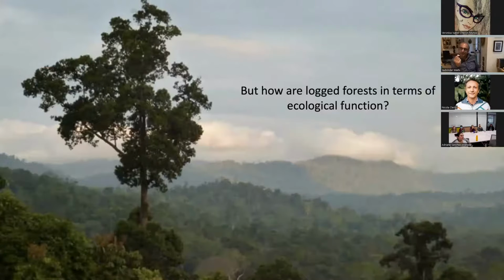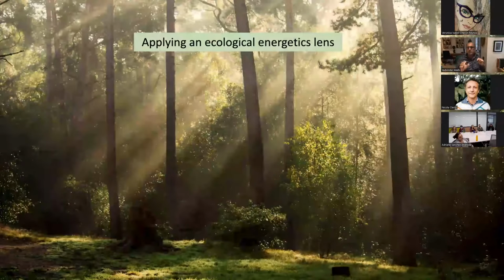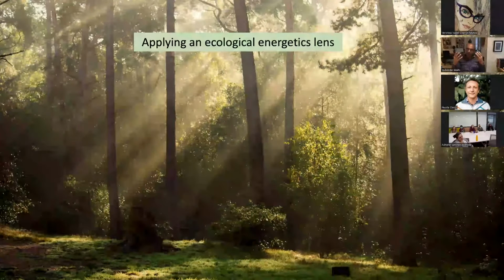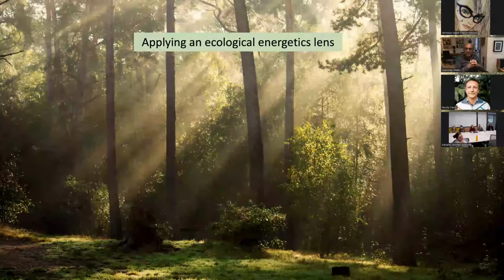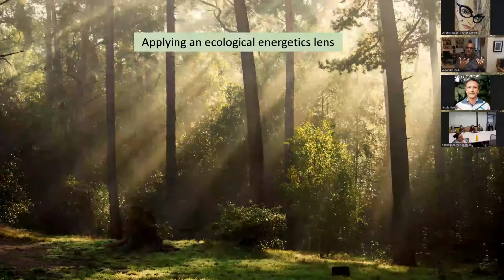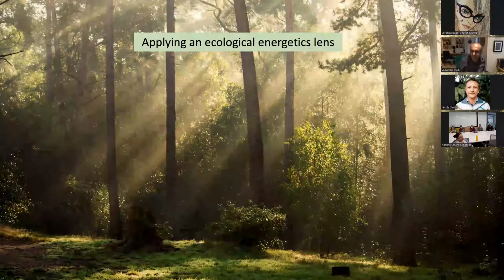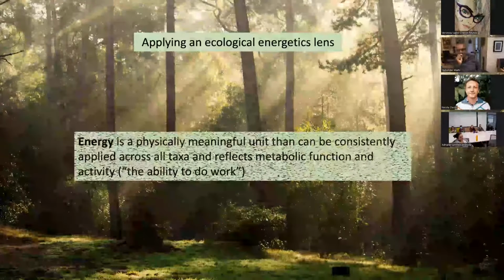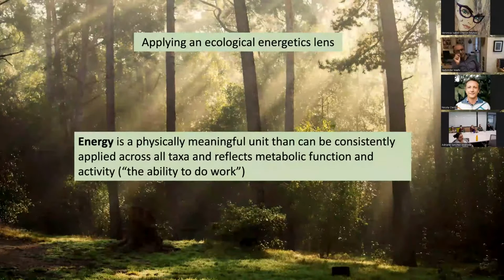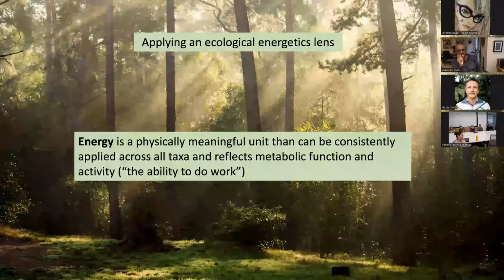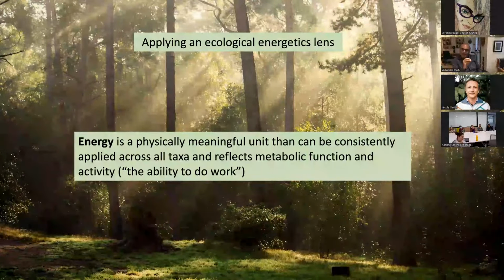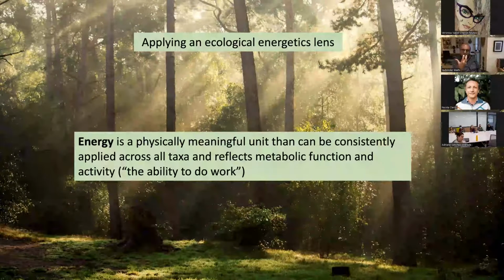But how are they in terms of ecological function? The approach that we took to look at ecological function was to think about energy and the flow of energy through the forest. Now, the carbon cycle, everything is the flow of captured sunshine. So the carbon cycle numbers can easily be converted into energy flow simply by a simple multiplying factor linked to the energy content of photosynthate. And the reason that we're using energy here rather than carbon is that it can work across all the taxa. It's a physically meaningful unit that can be consistently applied to plants, but also to animals as well, and reflects metabolic function and activity